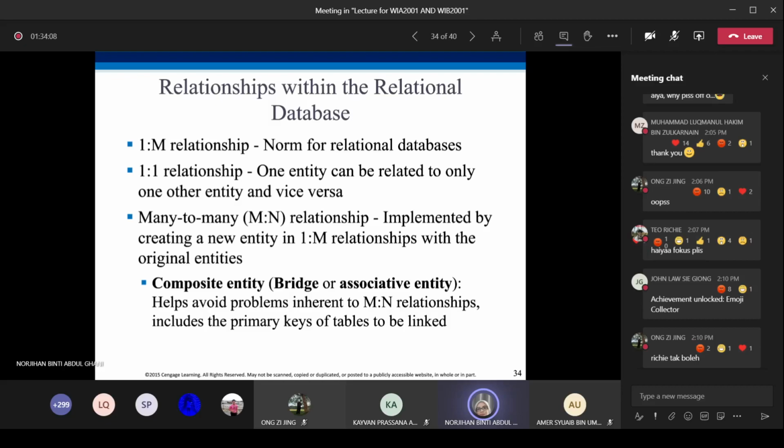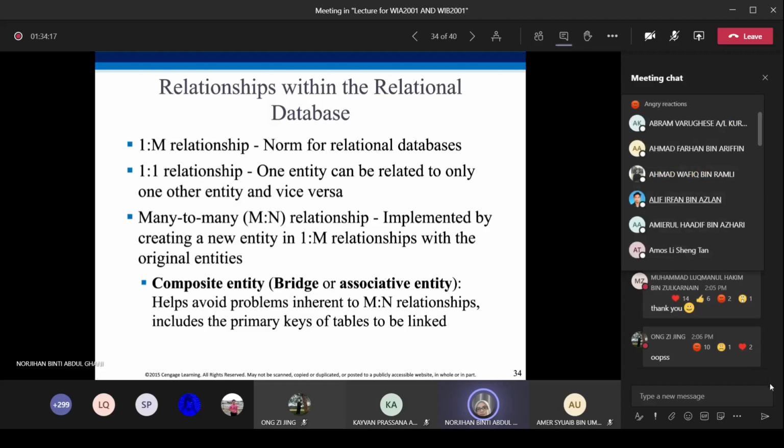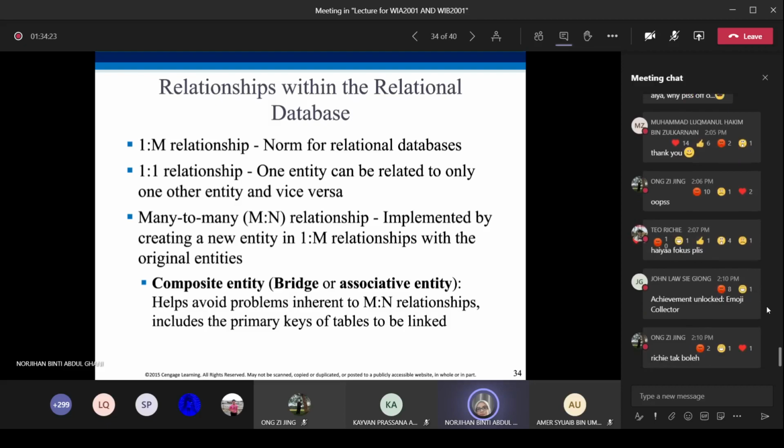When we want to implement a database, for all many to many relationships, we have to break up this many to many by creating a new entity and making it in a one to many relationship. It can be done by creating composite entities, also known as bridge or associative entities.